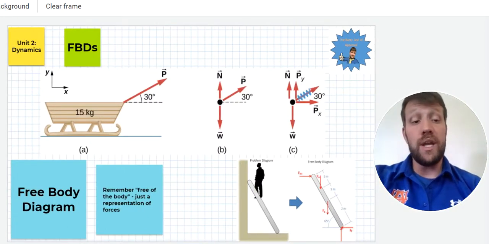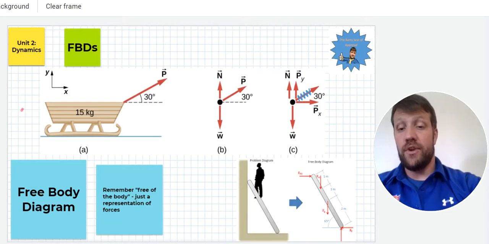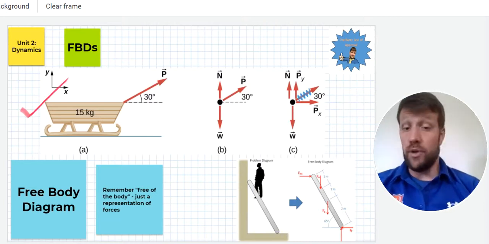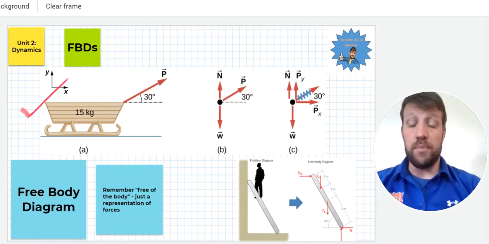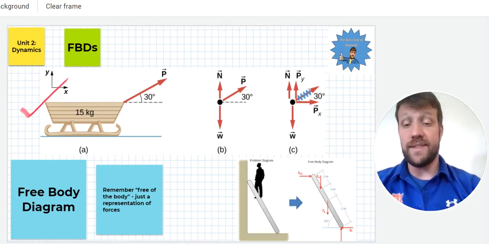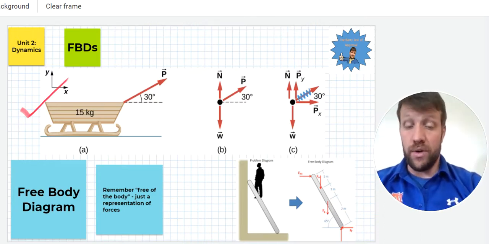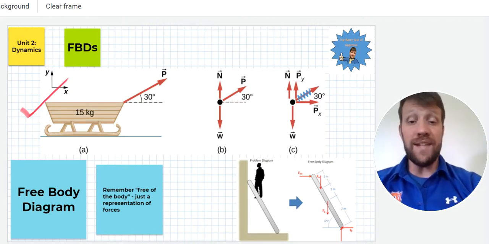Now we need to talk about free body diagrams. And this first diagram up here at the top is really, really helpful to look at this. All right, we have a force diagram here that shows the object and the force applied to it. All right, and really all it's telling us right there is, okay, we have this 15-kilogram sled, and it's being pulled with some force, some applied force, at a 30-degree angle from the horizontal. All right, now that's all that's shown there on our force diagram because we have our object and the force